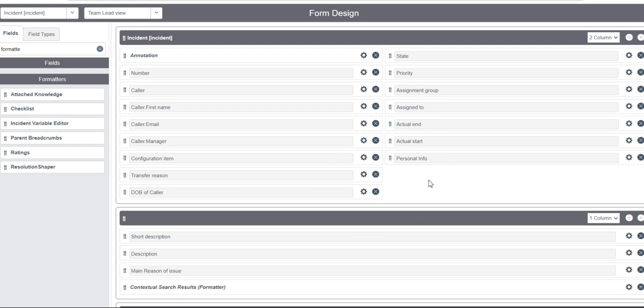Now form layout. With the help of form layout, we create fields and also do dot walking, which is fine for us. Sometimes form design is helpful especially for inserting the formatters. So these are the main differences between form layout and form design. Okay guys, now the session is going to